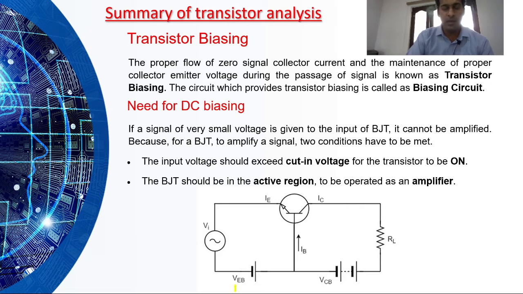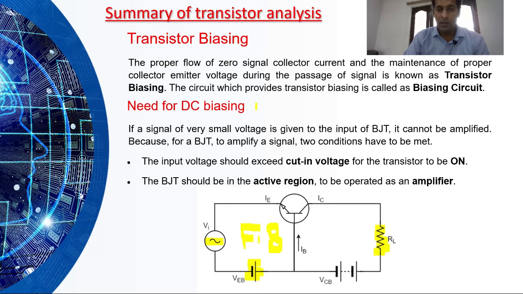Then, why do we do transistor analysis? If you remember this diagram, we have discussed it as an amplifier where we give a small input voltage. What is an amplifier? Small voltages are involved at the input side. At the output we get a large voltage because there is a transfer of resistance. The input side is forward biased and the output side is reverse biased. That's why we get this particular transfer. Transistor as an amplifier we have discussed in the first session, you can go back and refer to that topic.